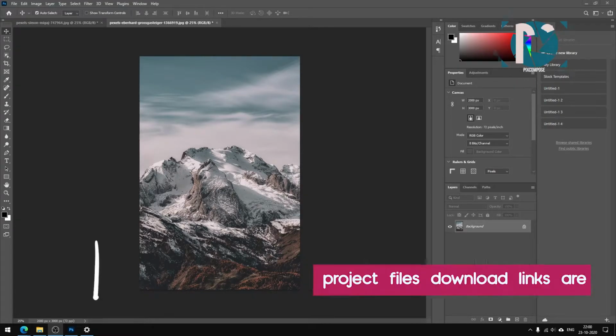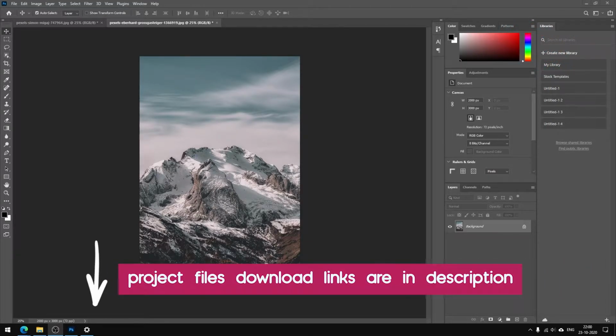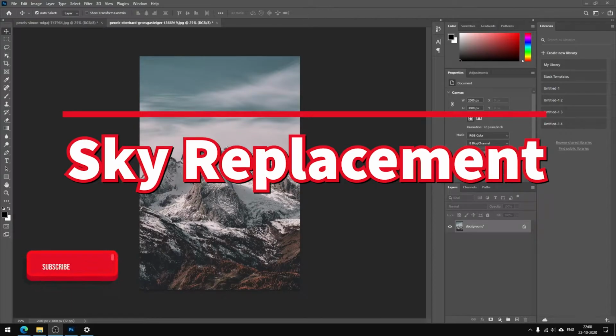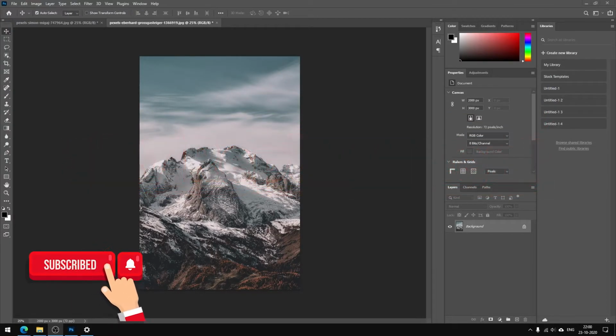Today we will talk about a new feature introduced in Photoshop 2021 and see how it works. Basically it will replace a sky for us in the image. Like I want to replace the sky here. Previously we had to create some mask to do that. Right now I have to select the layer on which I want to make the replacement.